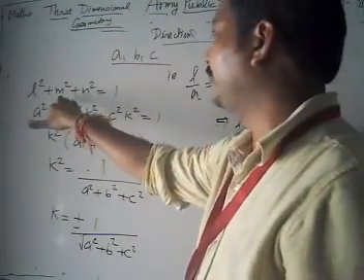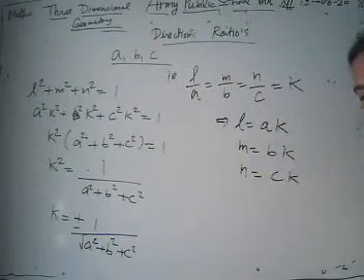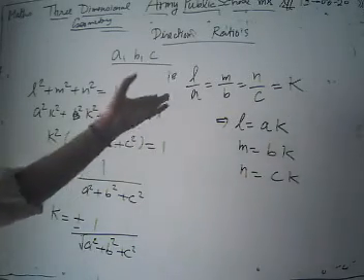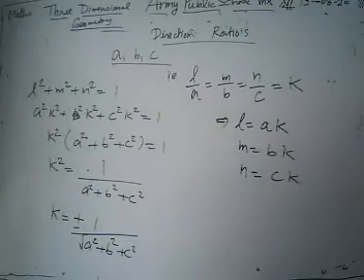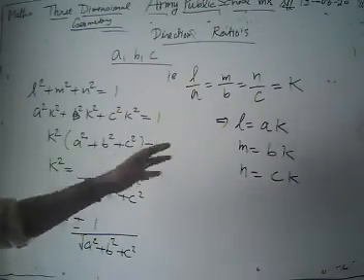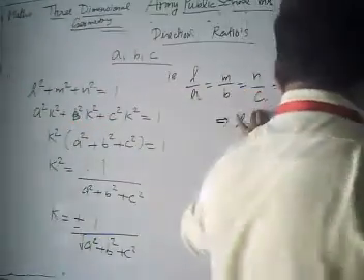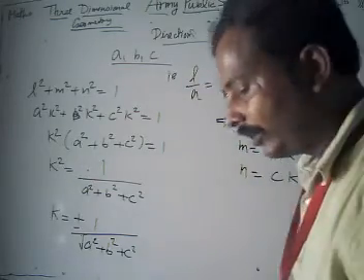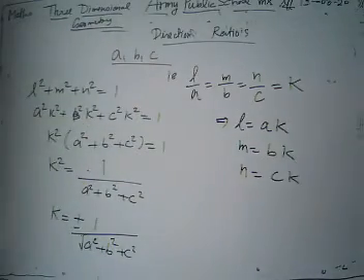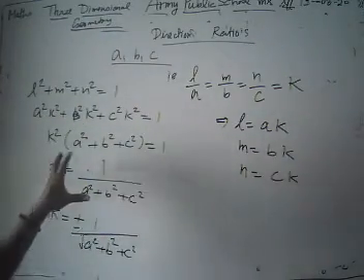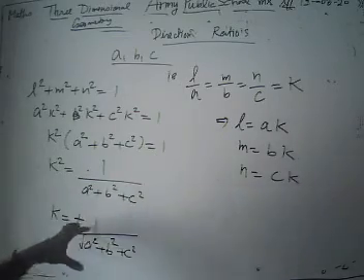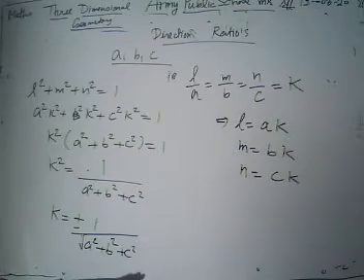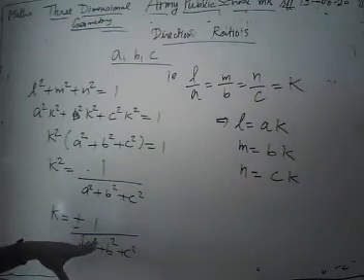Since we have l square plus m square plus n square, and we define that any three numbers a, b, c which are proportional to our direction cosines l, m and n are known as direction ratios for a given line. These are not unique in nature, because we can take any numbers proportional to them. Then we are going to represent l, m, n in terms of our direction ratios. Now we get the value of k as plus minus 1 upon under root a square plus b square plus c square.